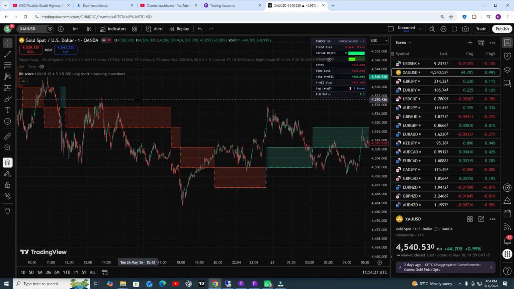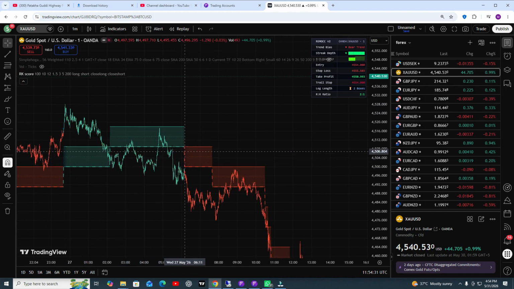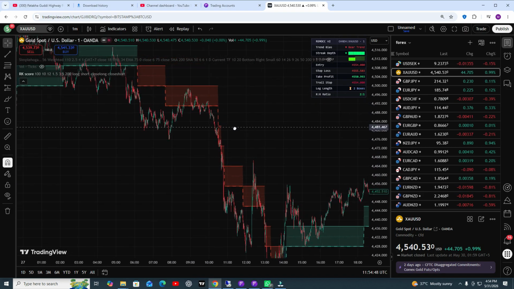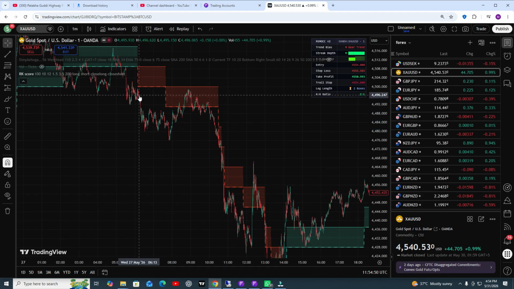It's very difficult to identify at this point which is the exact point where we need to trade, or where we need to open our position.